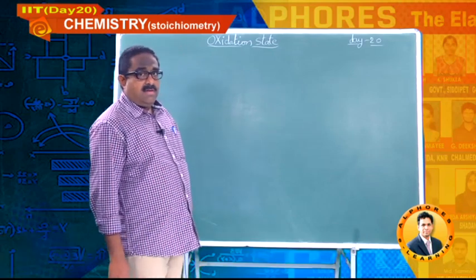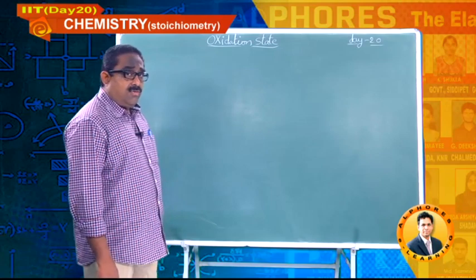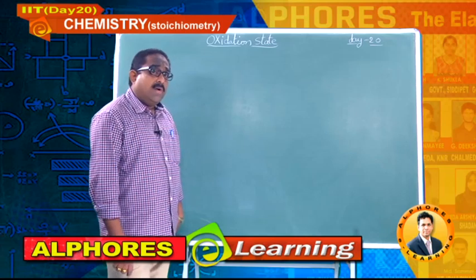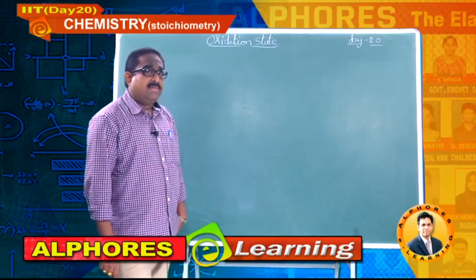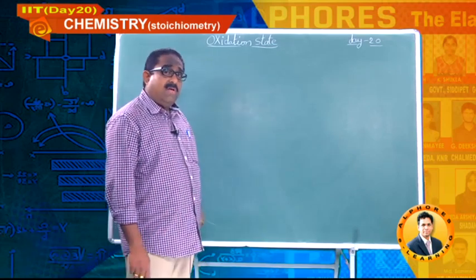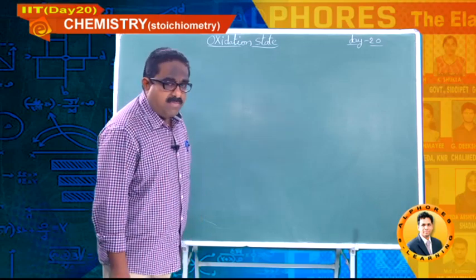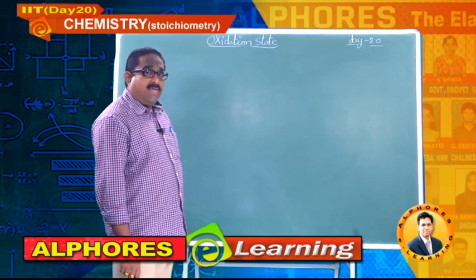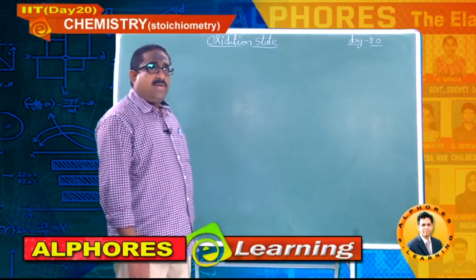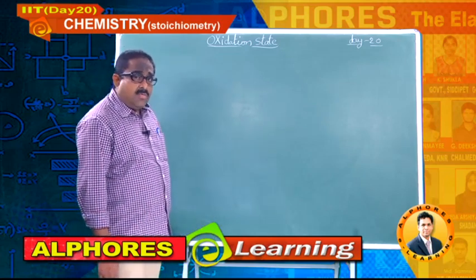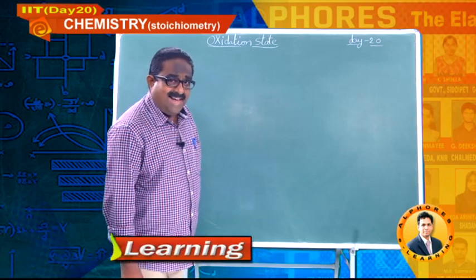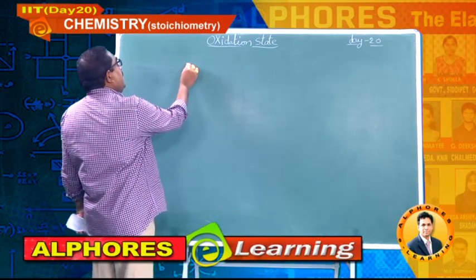In the previous session, I introduced the concept of oxidation state and the rules to calculate the oxidation state of atoms present in different compounds. At the end of the previous session, we discussed the identification of a peroxy bond and how to identify it in a given compound. Two examples we have discussed, and in this session I am going to discuss two more examples, and then I will go for the next calculation of oxidation states. Now, write down along with me.